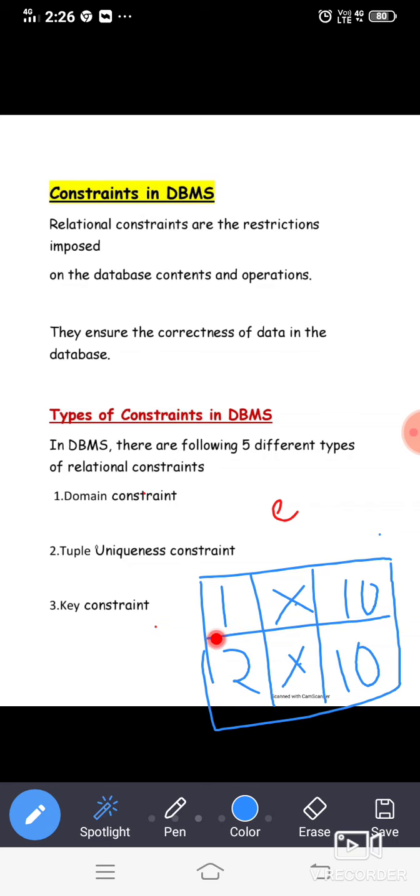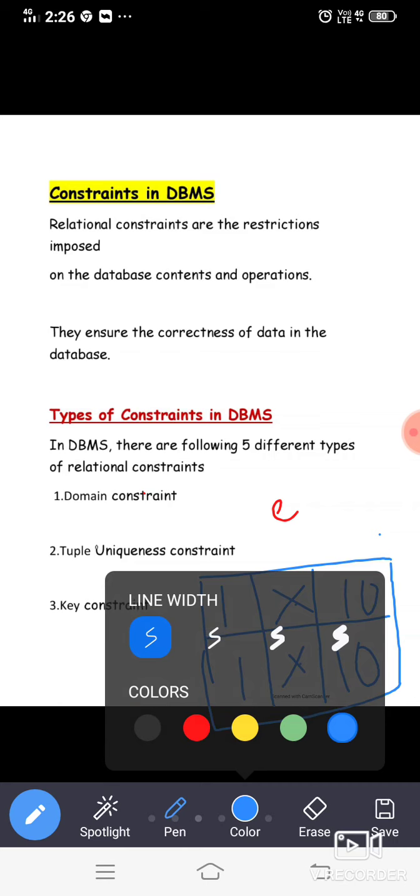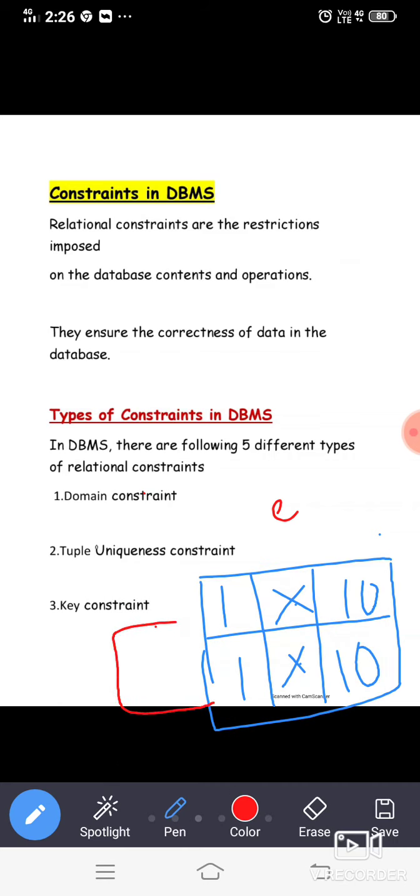In the roll numbers, for example, if I take this as 1, then definitely this implies that both the rows are the same. At least there should be a non-matching value here. For example, 1 and 2, there are some values which are non-matching, which are not the same. So I can call this also a unique tuple.